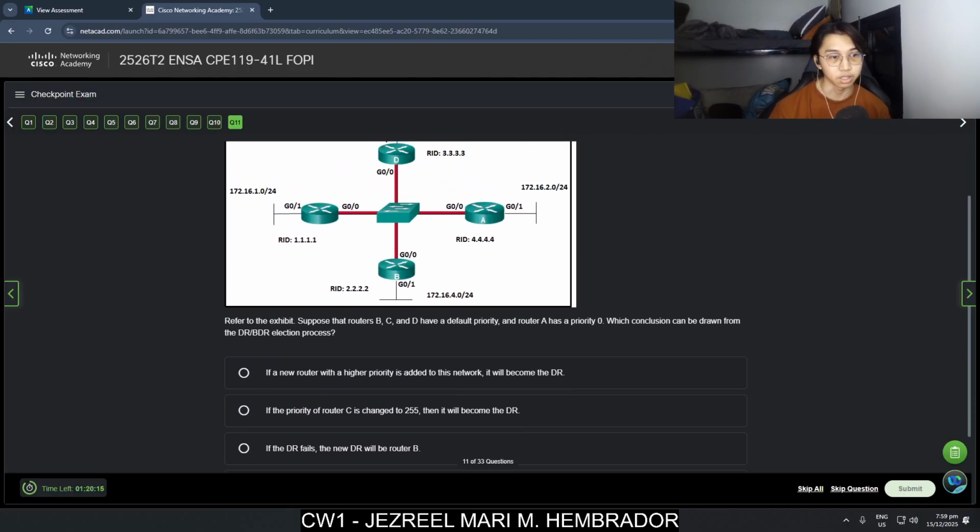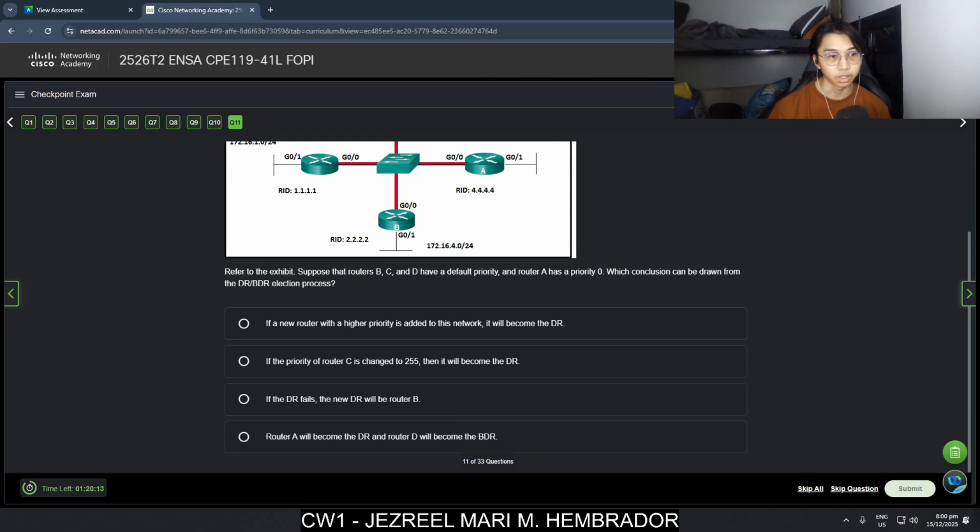Refer to the exhibit. Suppose routers B, C, and D have a default priority, and router A has a priority of 0. Which conclusion can be drawn from the DR or BDR election process?